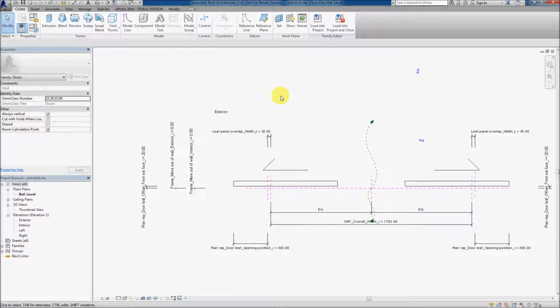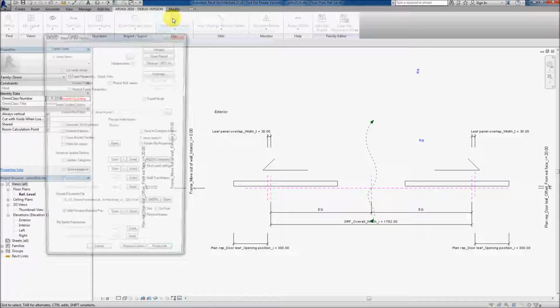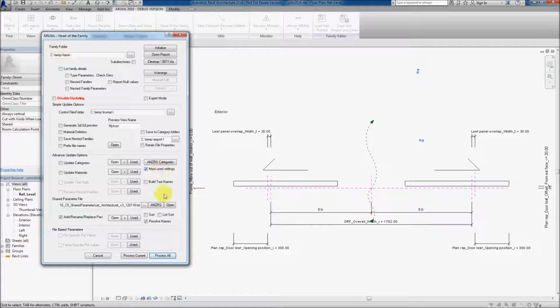Okay, so we've now got our shared parameters in our shared parameters text file. We've renamed those parameters in that file, so we can fire up Head of the Family, and in this case what we want to do is make sure that we have the add, rename, replace paths ticked, and we have the resolve names checkbox ticked. So all we need to do now is hit process current,